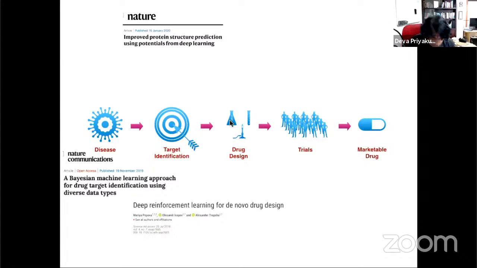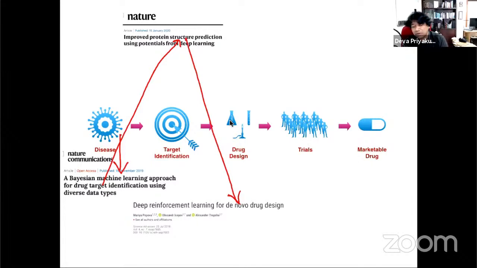So once you have a protein structure, what if there's an algorithm that exists that can take this protein from here, right? Basically, from this information we got the target. Once you have the target, I get the structure, and once I have the structure, you do a de novo drug design. What is de novo drug design? Basically, starting from the protein structure, you design molecules, or you design and synthesize molecules that fit into that binding pocket, right? That's basically what de novo design is. What if that algorithm exists that can do it for you?